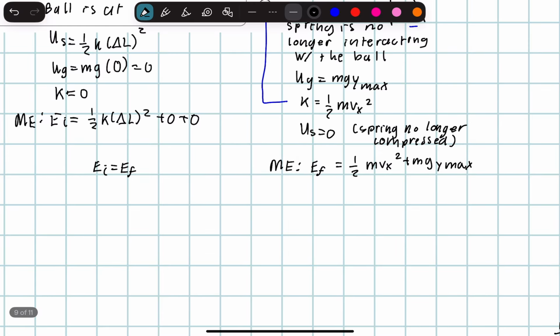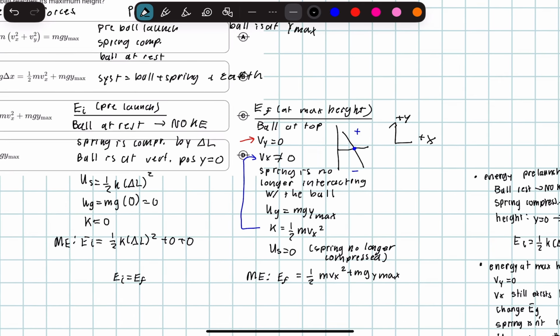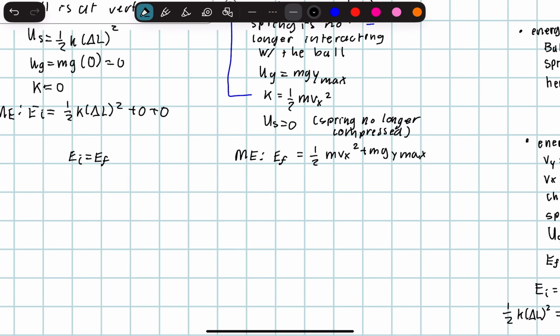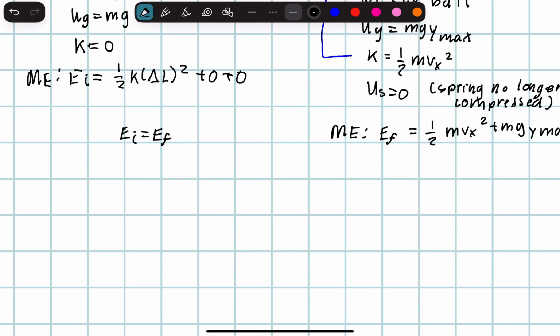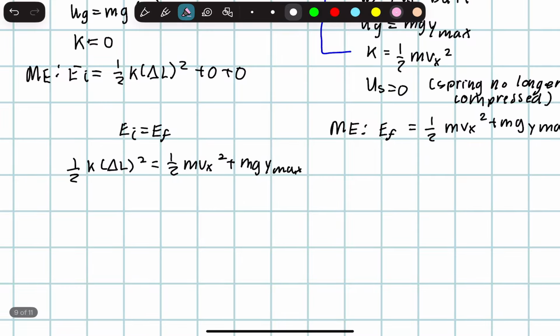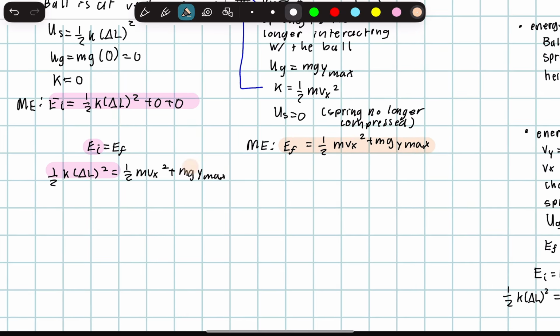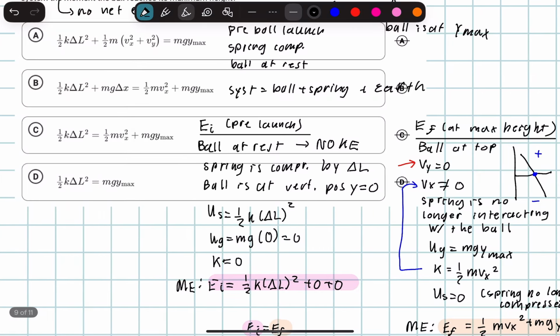We know this system is the ball, spring, and earth system, and there is no energy loss, so E initial is equal to EF. Now substituting in our values for both of them, we have 1/2 k delta L squared is equal to 1/2 m vx squared plus mg y max. Now we can see which answer this matches. This matches answer C. All right,